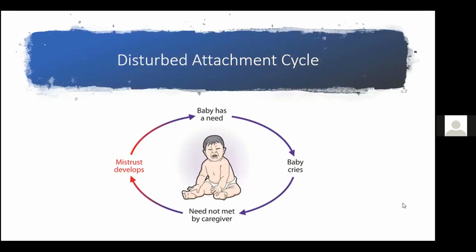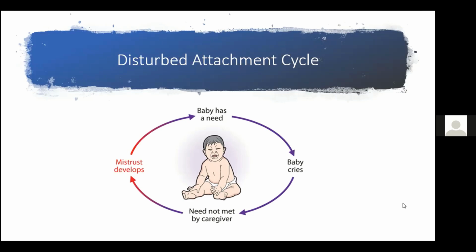Okay, but we also know that some children aren't able to develop a secure attachment with their caregivers, and that they might have what we could call a disturbed attachment cycle. So children in these cycles don't experience that secure base. They therefore don't necessarily feel able to explore, which has implications for their learning. And they are anxious children, and their needs are interrupted by their need to feel safe. So they're seeking that feeling of safety, and they're not able to achieve that.